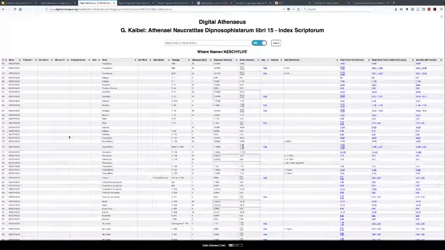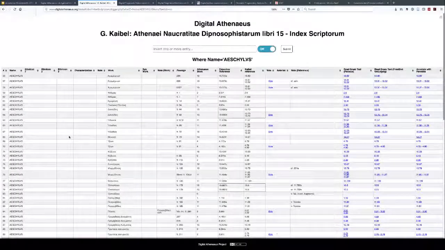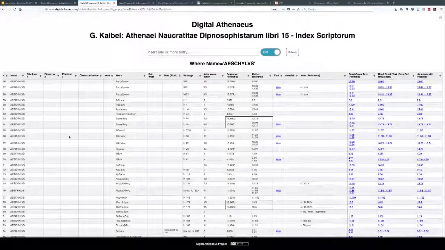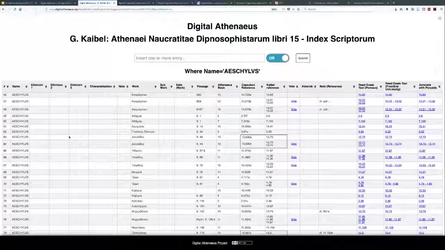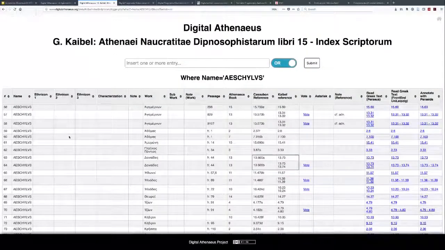I think that the screen is too small, but anyway, this is... Yeah, can you zoom in at all? Yes, 1 second. I hope, because it's big. So basically this is, I hope you can see something now. Not really. I know, because anyway, this is basically the digital version of the index for the name of Aeschylus.